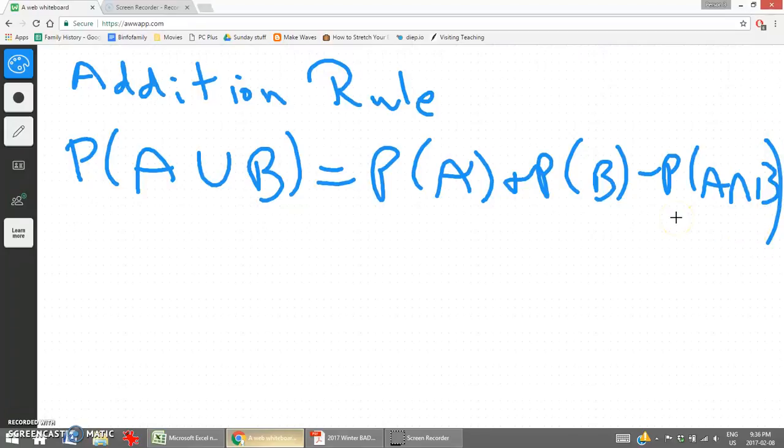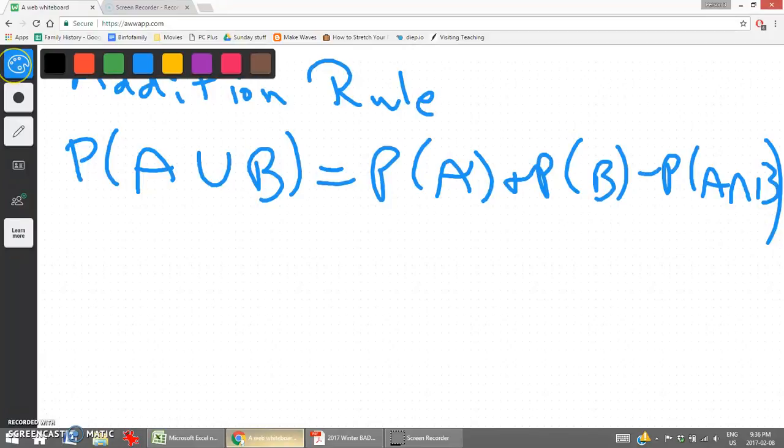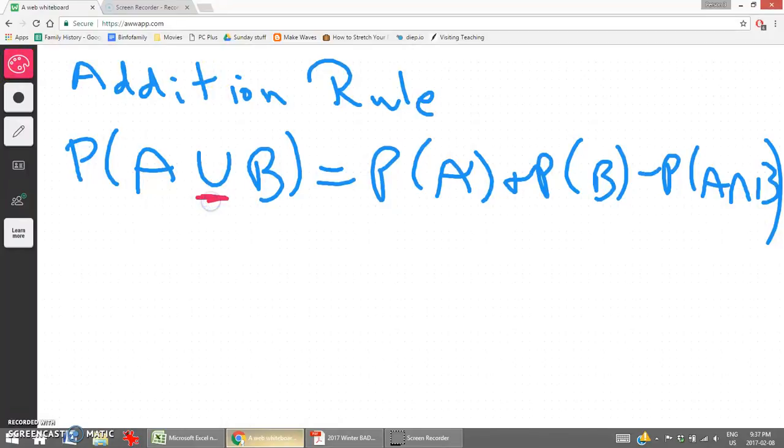Now there's a couple key words in here that we need to identify. This symbol here means union. The keyword is "or." So the question will state, what is the probability of event A or event B occurring? The probability for event A or event B occurring is the addition of A and B minus what they share